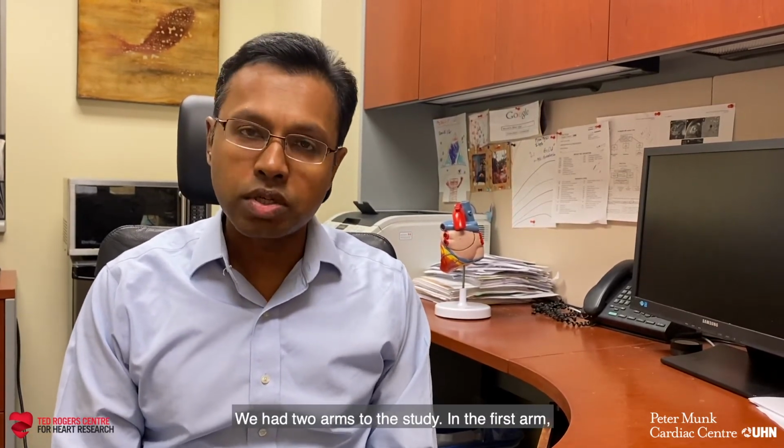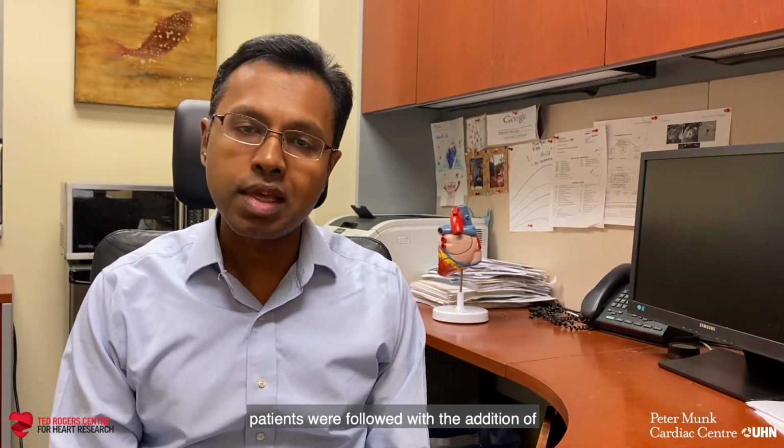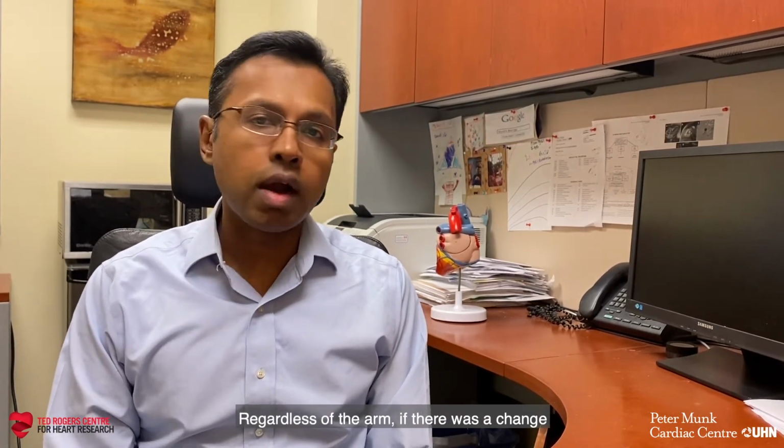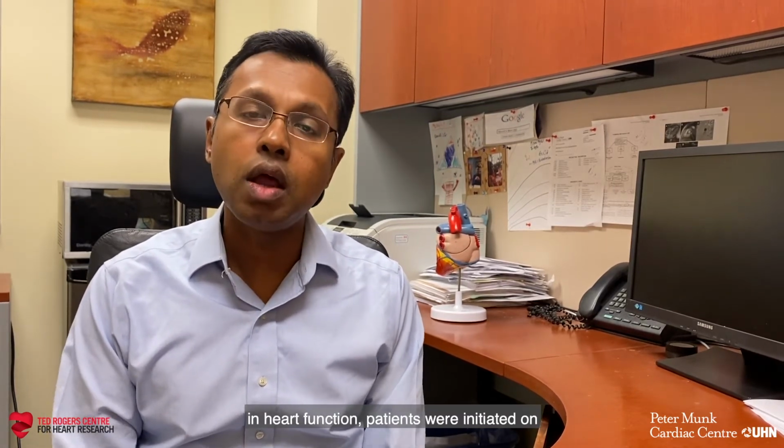We had two arms to the study. In the first arm, patients were followed by a standard of care approach of measuring left ventricular ejection fraction with echocardiography. In the second arm, patients were followed with the addition of global longitudinal strain, which is a more sensitive marker of heart dysfunction. Regardless of the arm, if there was a change in heart function, patients were initiated on